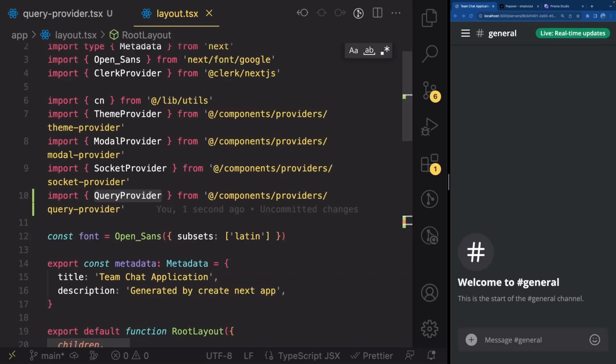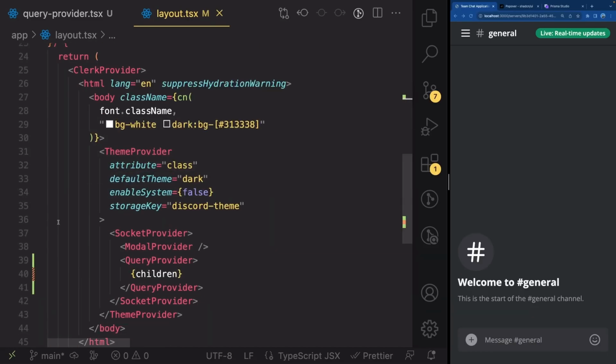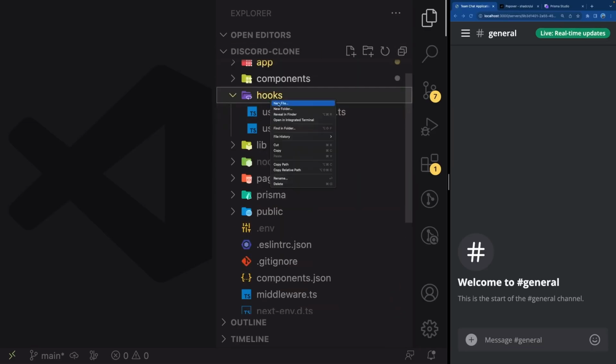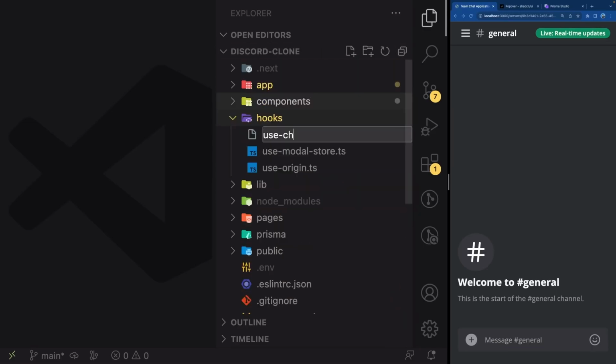Make sure you added the proper import from @/components/providers/query-provider, so not from any package. Great, and now we are ready to create the use chat query hook. So let's go ahead and do that. Go inside of hooks and create a new file,